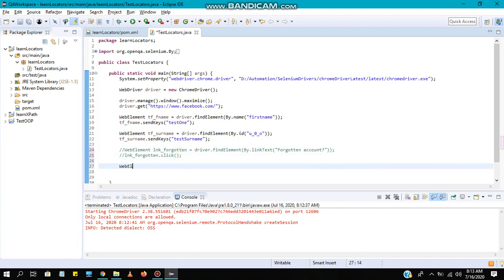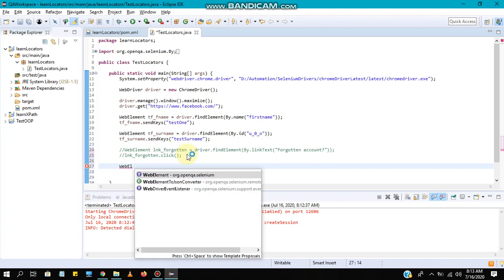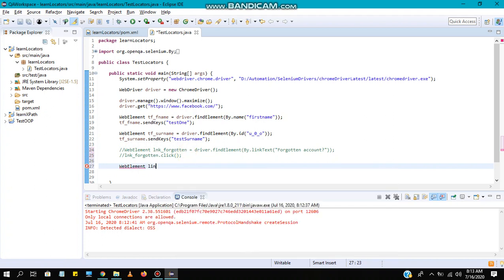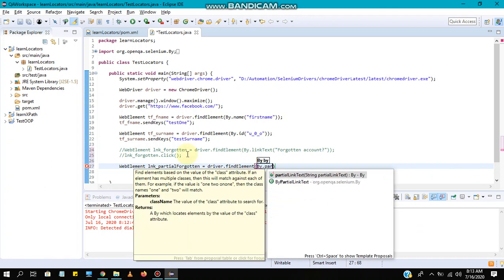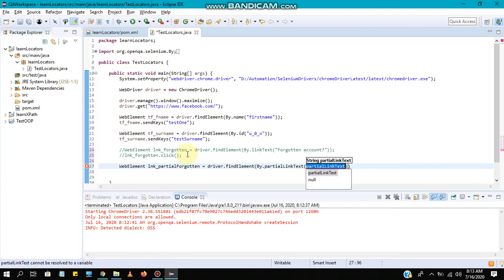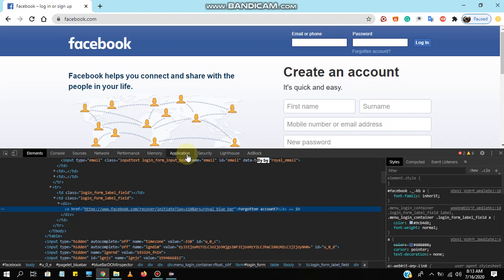Let's see how to do that. It's very simple. Here I use the partial link text. You can use the partial text here; no need to use the whole text.